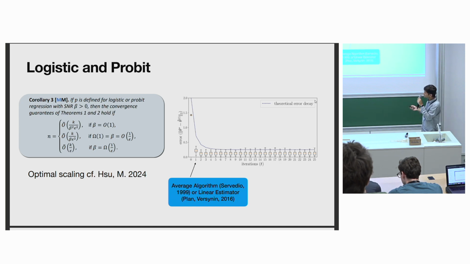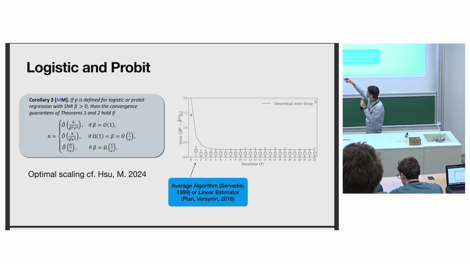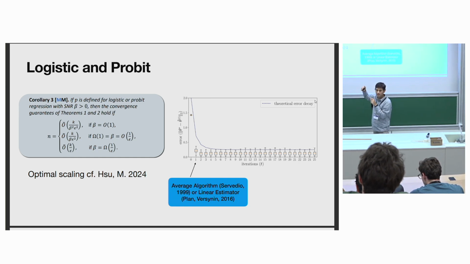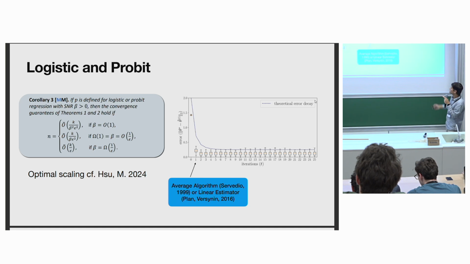Why did we say this is information-theoretically optimal? Because for logistic regression and probit regression, the minimax rate was given very recently. I'll wrap up after this slide. If you plug in the values of alpha and gamma for logistic and probit, you match this result. This is from our last work with Daniel Hsu and me. And in practice it is also pretty good.